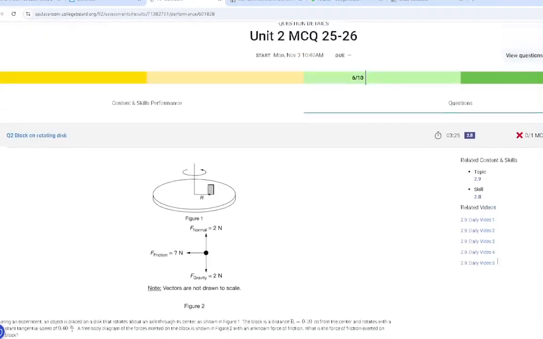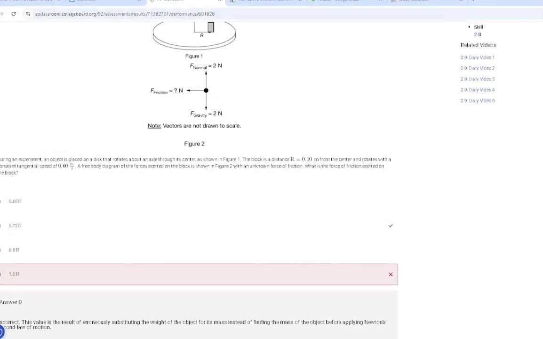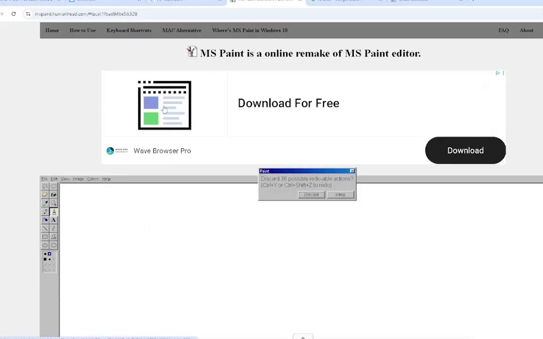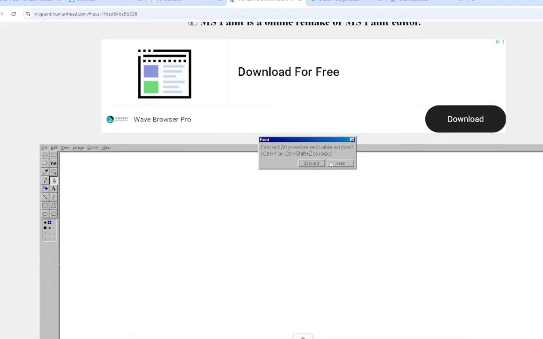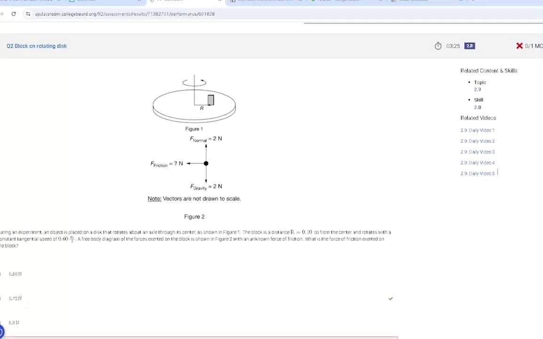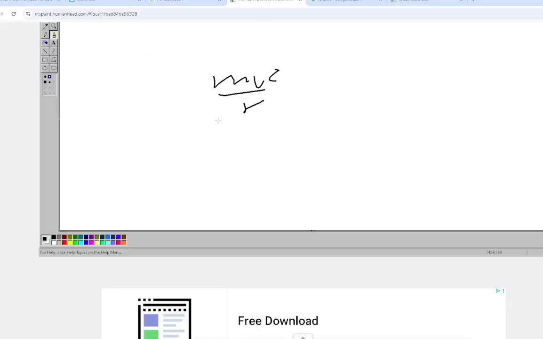This is Unit 2 MCQ test corrections. I got number 2 wrong because I know friction is equal to centripetal force in this problem. The centripetal force is mv squared over r. So I just plugged in the values, which is 0.6 squared divided by